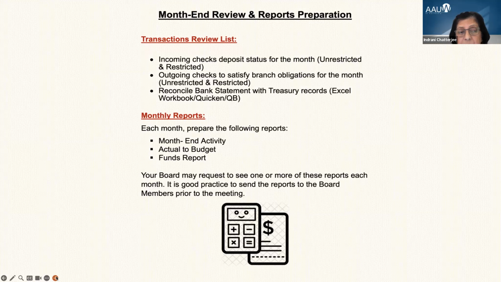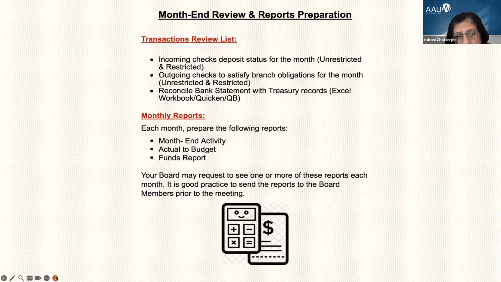A very important portion is the reconciliation of your bank statement with your book record, which is either in an Excel workbook, Quicken or QuickBooks. And based on that, you have to create your month-end reports.